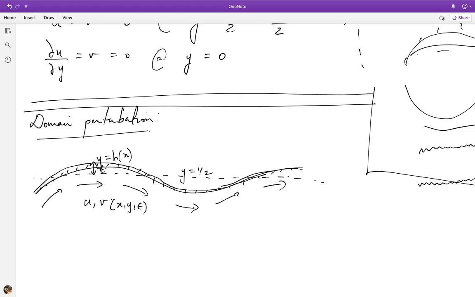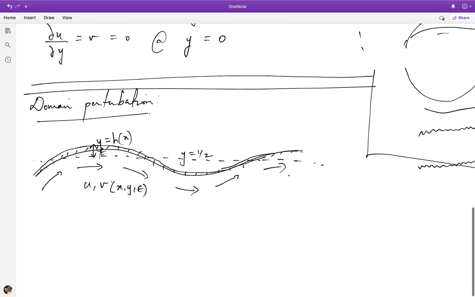So the idea behind this is, can I replace the deflected wall or the wavy wall, which is only a small deviation away from the flat surface, by the flat boundary, provided I am able to identify a modified boundary condition applicable at the flat surface, which nevertheless allows me to approximately satisfy the true boundary conditions on the wavy surface. Right, so what I want is,